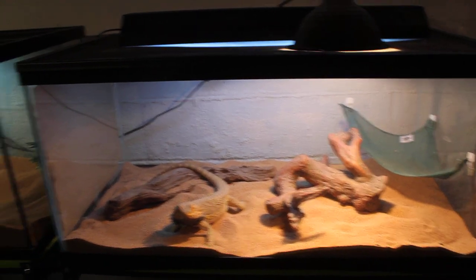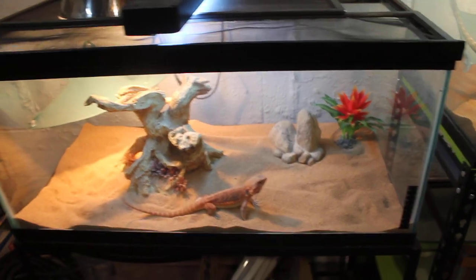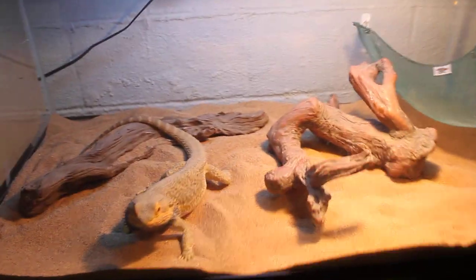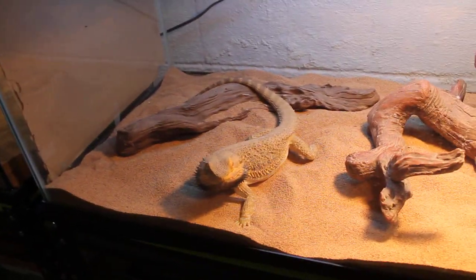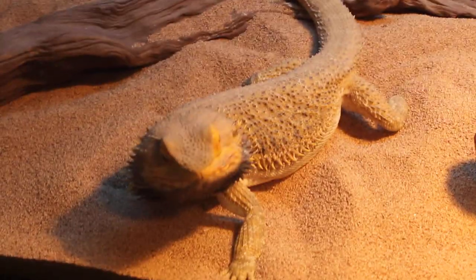One of the most obvious changes are the bearded dragons. I got them all lined up over here now. I moved Eli over to this side. He's sitting where Cleo used to be, and Cleo's sitting where he used to be. I thought it would be cool to have the beardies all lined up. And he's looking a little bit annoyed. I was just scooping out his